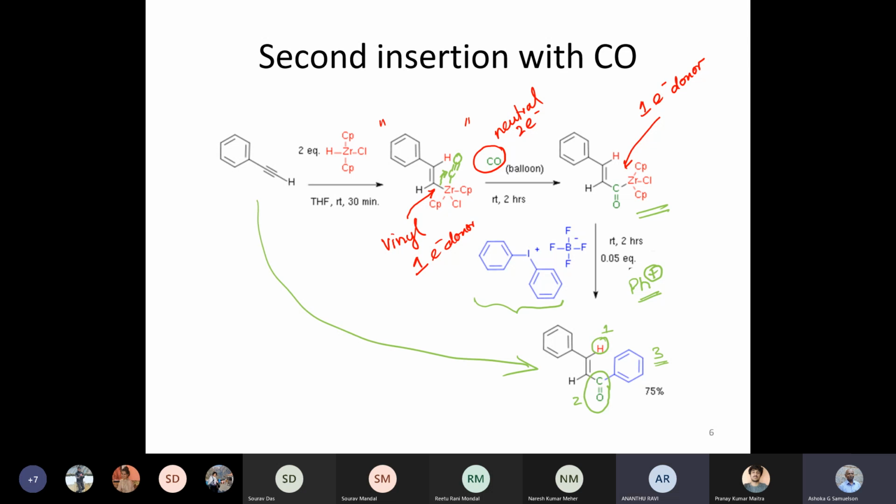efficient. The advantage of carbon monoxide is that it is small, and if you look at the second step, the space around the zirconium is fairly congested. So I'm talking about this intermediate, which is right here. This intermediate is fairly congested, and so that would be the only drawback of adding one more alkyne. But we will talk about it towards the end of this class. I'm going to talk about multiple alkyne insertions. It's not an impossibility.